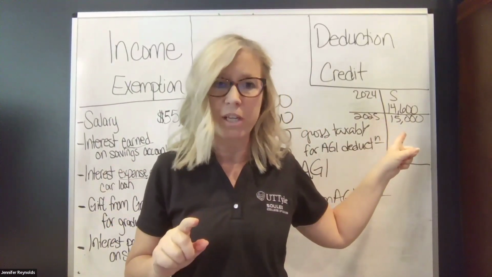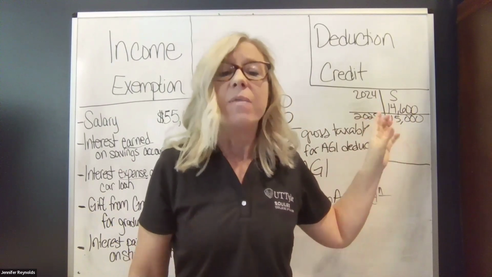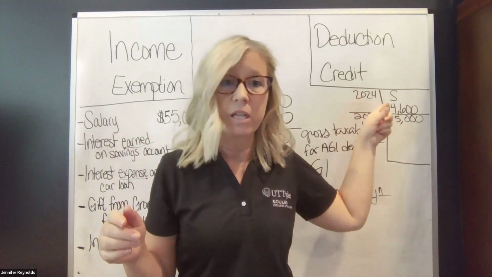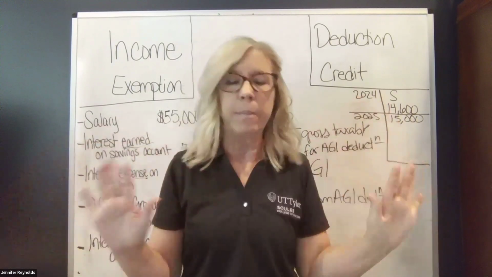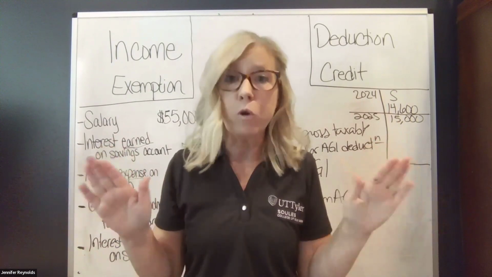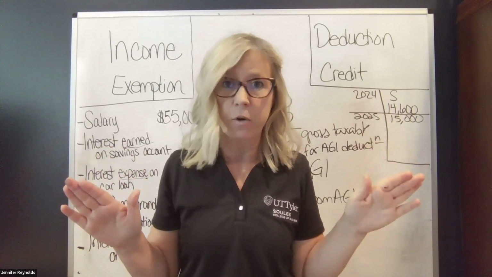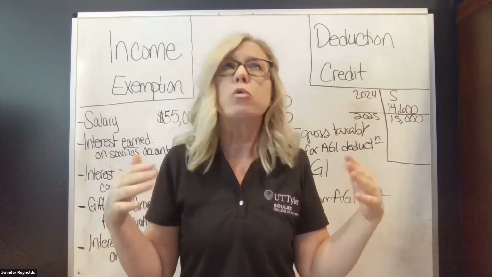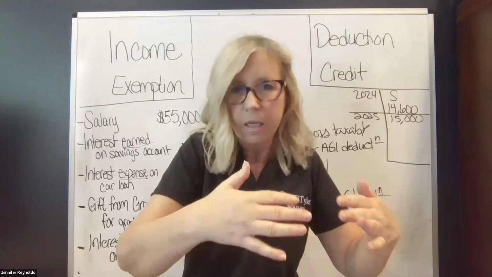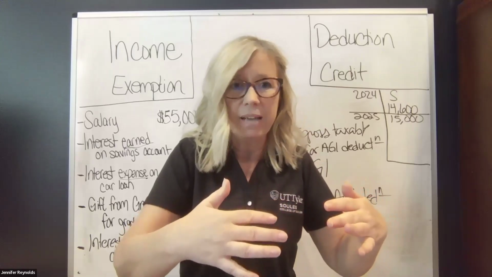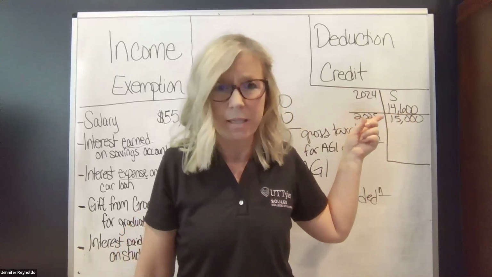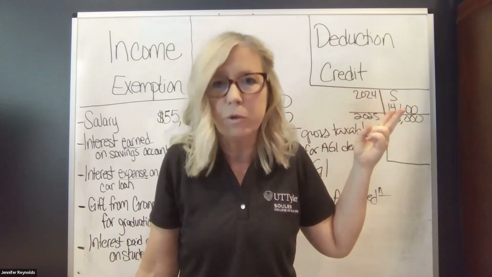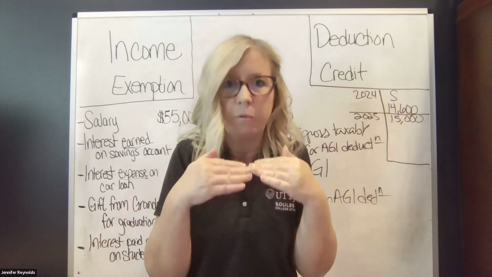Okay, so I jotted something down real quick while I was trying to share that. The standard deduction for 2024, if you are a single person, that's what my S up there stands for, is $14,600. Stop and think about what that means. It means if you make less than $14,600, you will not have to pay any federal income taxes. So the purpose is Congress is shielding a little amount of income each year, saying, man, you need at least $14,600 to eat, live. We all know you need more than that, but that's what they're doing. They're shielding a basic amount of income from taxes.